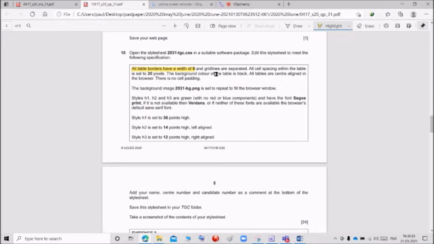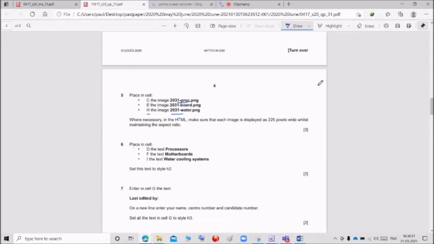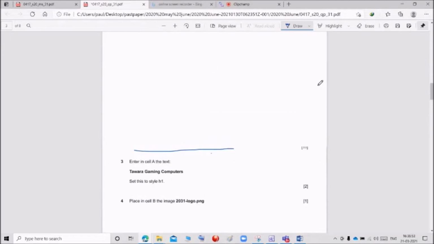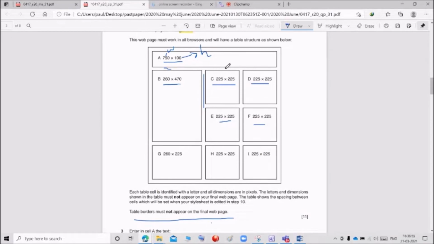And grid lines are separated. So in CSS, we have one style, border collapse. If you give border collapse, all the grid lines will disappear. If you give border collapse separate, all the borders will be separated.